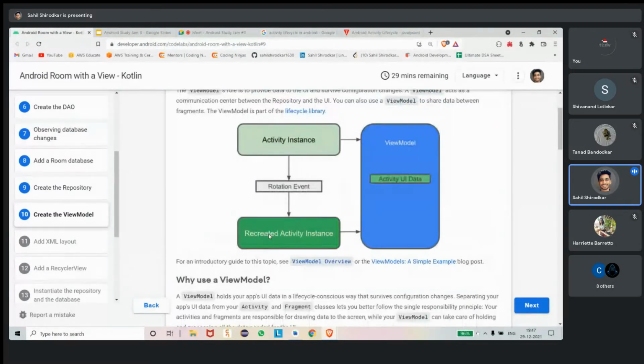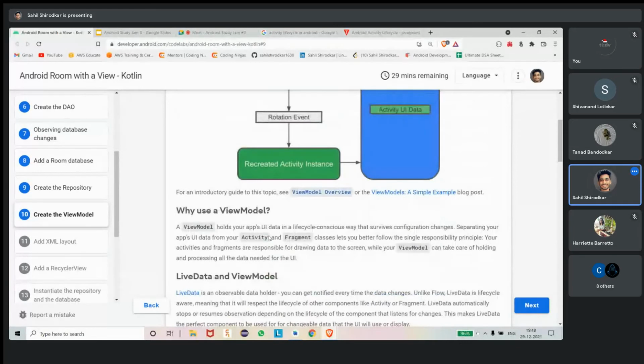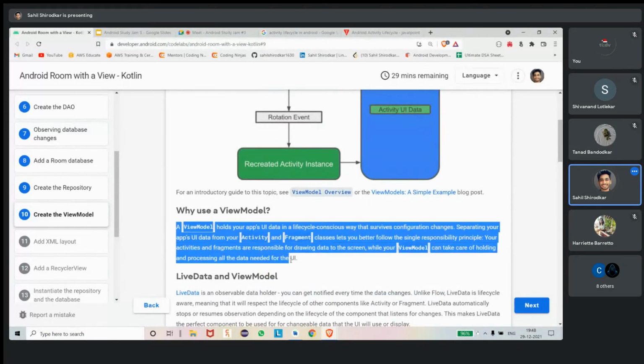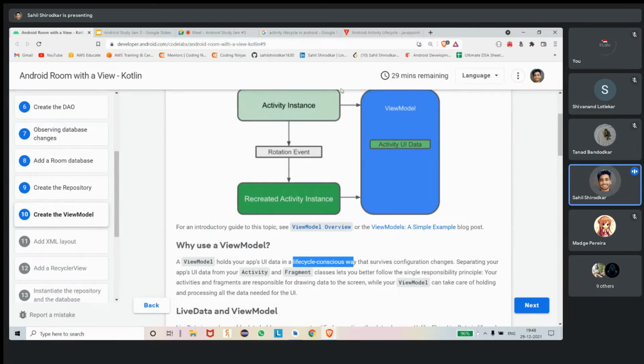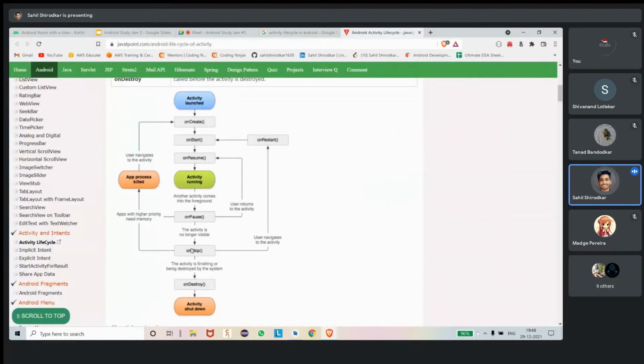We are making complex apps where we are using a Room database or any networking call. A view model holds your app UI data in a lifecycle conscious way that survives configuration changes. What does lifecycle conscious mean? It only works between when the activity is created and onDestroy. Once onDestroy is called, it won't work.